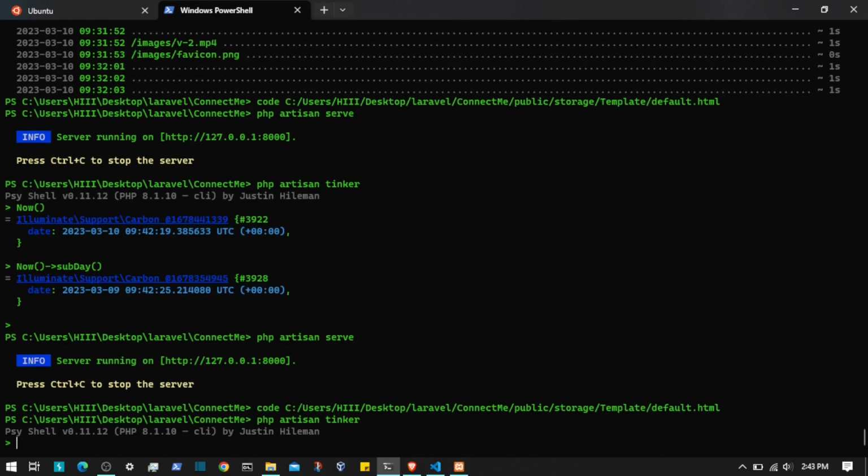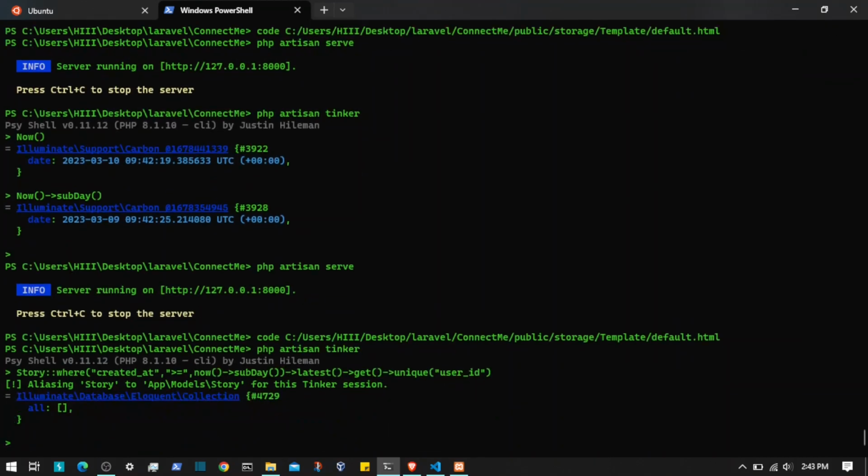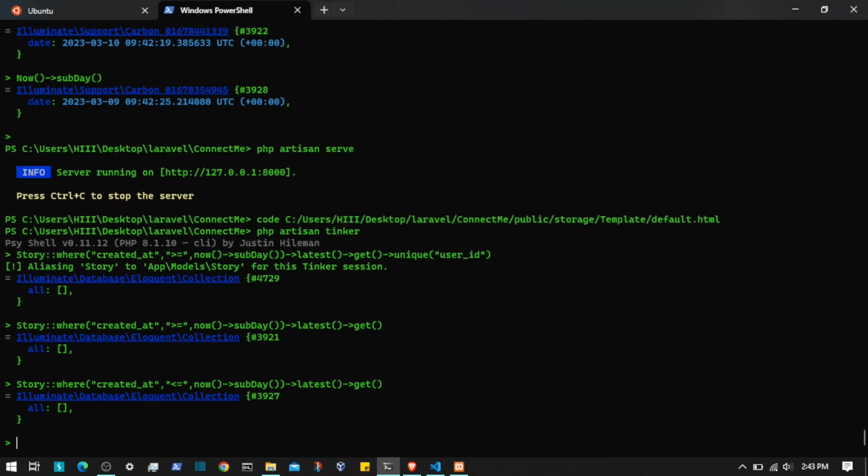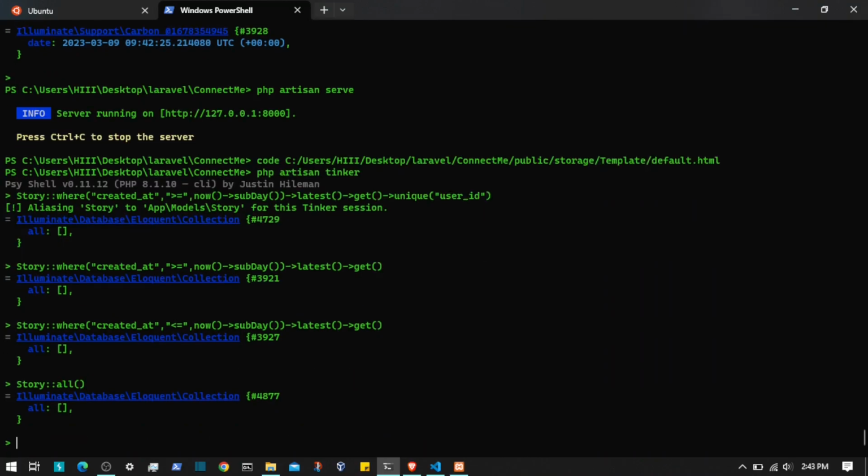Where is the code editor, Tinker? Yeah. So if I execute this, okay, we have an issue. Let's just get them. Still empty. Let's reverse the condition. Still empty. Let's see if we have any story though. Get all of them. Okay, story is not stored. We did store them, but somehow